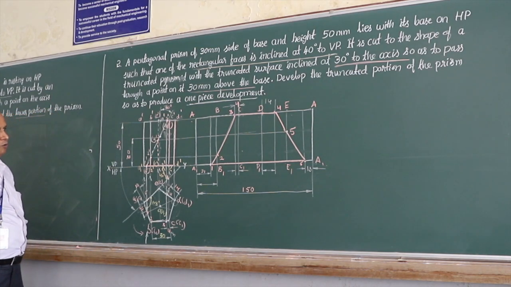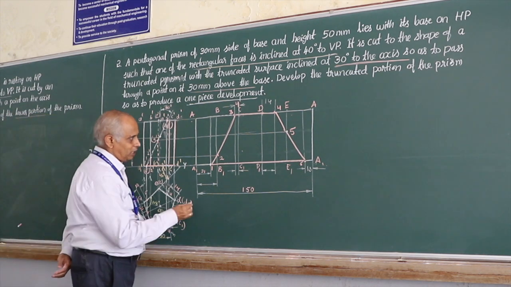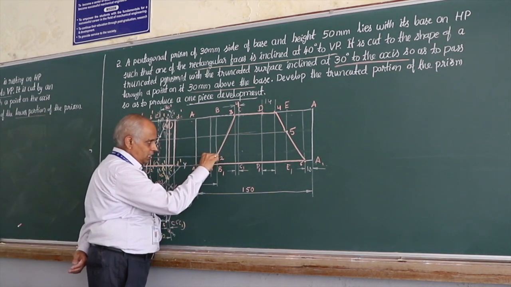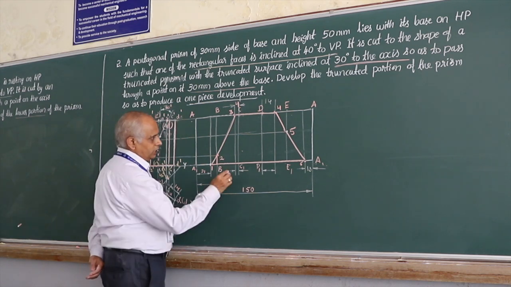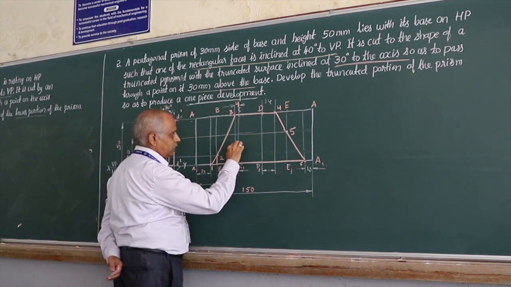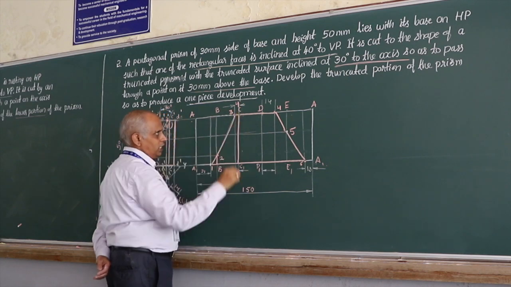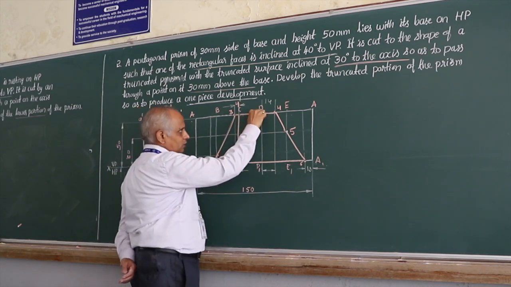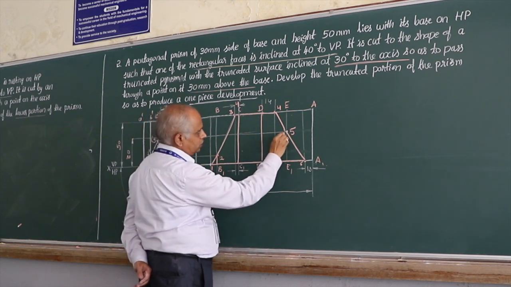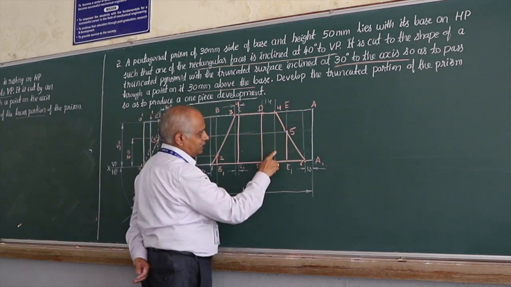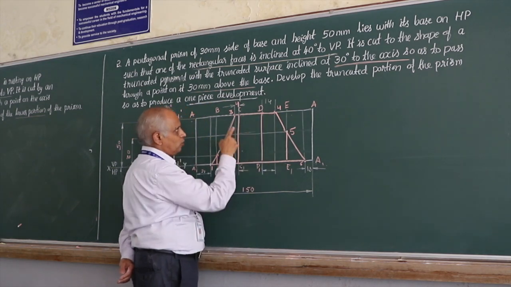And you have to identify the folding edges also, because that's very, very important in prisms and pyramids. So the vertical edge at B1, make it a folding edge. There is CC1, you need to make this vertical edge the folding edge. You need to make this the folding edge. And of course, there is a folding edge at E1. Don't make these lines, this is just to locate 4, 3.